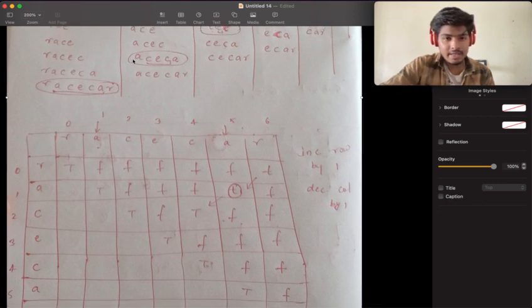अगर ए और ए सेम है, ये वाली स्ट्रिंग है मेरी, ए और ए सेम है, तो मेरे को पता है यार बीच वाला पार्ट है जो सी ई सी, ये तो हम पहले ही देख चुके हैं स्ट्रिंग ऑफ लेंथ 3 में। स्ट्रिंग ऑफ लेंथ 3 में अगर ये बीच वाला पार्ट ट्रू था तो ये पूरा ट्रू हो जाएगा, अदरवाइज फॉल्स हो जाएगा। इसी वजह से मैंने इसको मार्क करके लिखा है कि हमें एक रो नीचे जाना है, मीन्स रो को इंक्रीज करना है और कॉलम को डिक्रीज करना है।